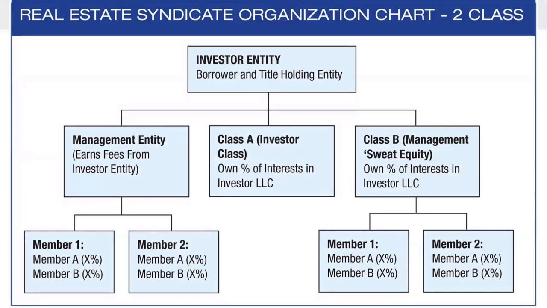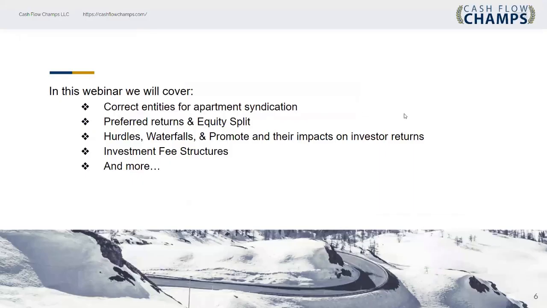Typically, the Class B is 30%, and the Class A is 70%, but that can be structured differently. Again, that can change. It could be 80-20, could be a variety of different ways, it just depends on the operator. You need to know that as a passive investor, what you're getting into. The management LLC, we won't talk too much about that, but that certainly earns a fee from the investor LLC. And you have to pay the management fee on an ongoing basis. And typically you pay 1 to 2% of the EGI, which is effective gross income, right? So that's kind of how that would be structured.